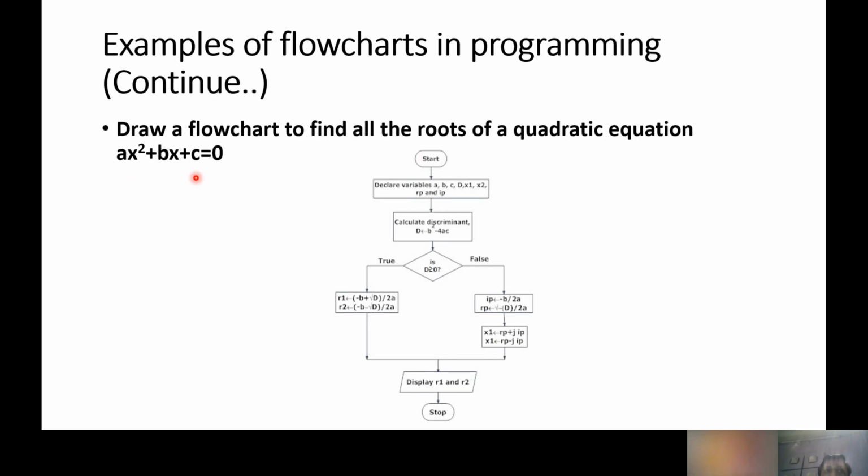So here we need to understand what is quadratic equation. If we don't know what is quadratic equation, or if we say that whoever the biggest scientist, if they don't know about the problem, they are unable to find out the solution for that. Solution is not a big thing, problem understanding is a big thing.